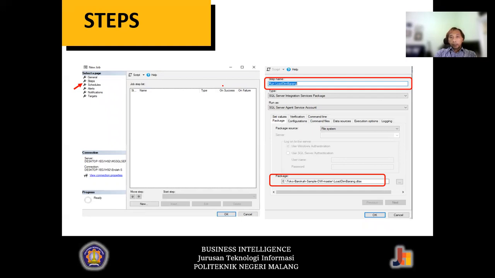And then for the step name, you need to define the name for that step. And then if, let's say, you are going to run the SSIS package, then you need to load the package of the SSIS.